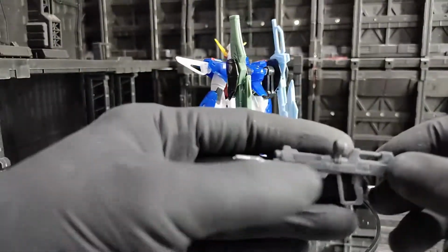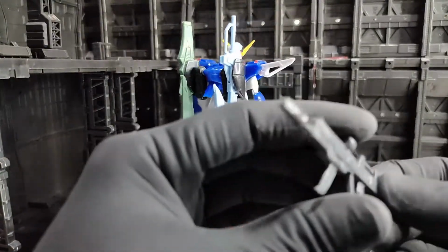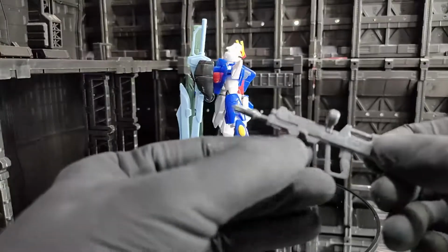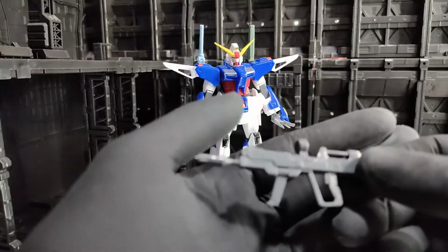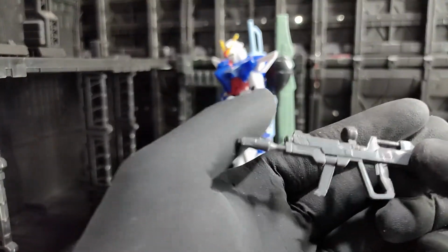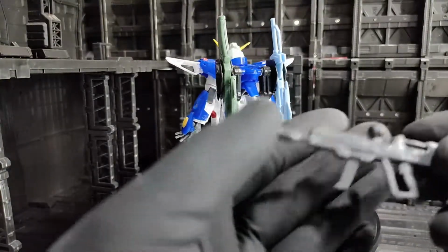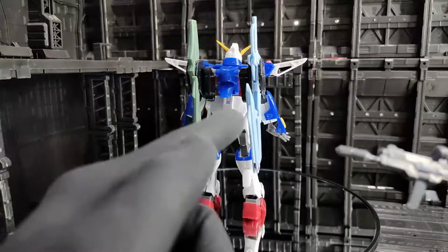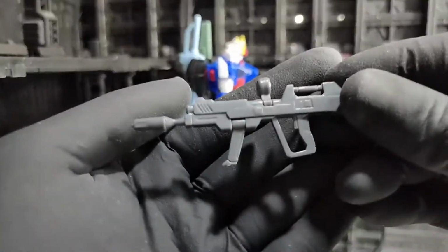We also have the beam rifle. This one has a movable scope and movable handle. This one looks nicer to me compared to those two. Maybe I just like gray or metallic looking weapons instead of those bright colored weapons. So this is the beam rifle,